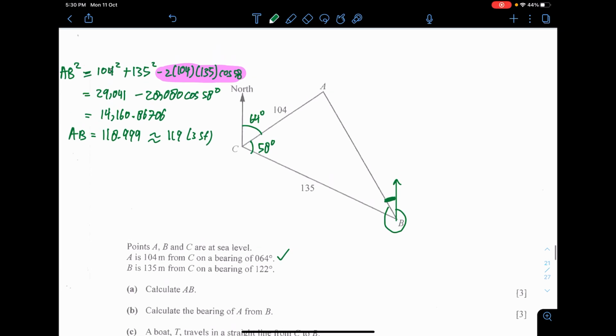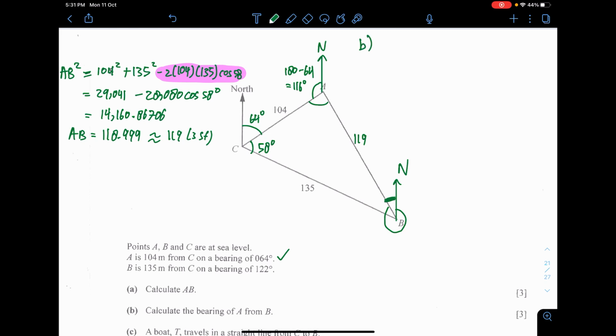But how do we get there? I'm going to put a little bit of extra north direction here. Oh yeah, this is the north direction. So by using the letter U, the interior angle formula, this one is 180 minus 64, which is 116 degrees. And then what else? Just now we have this as 119, which will be useful. My next strategy is to find this angle here, angle CAB. Let's just call it angle A.